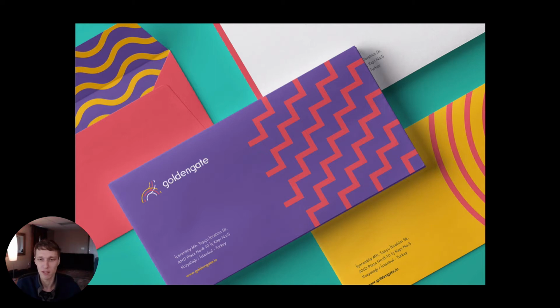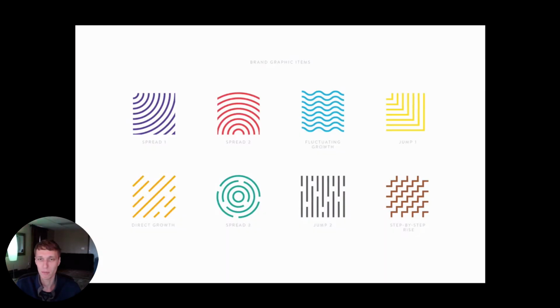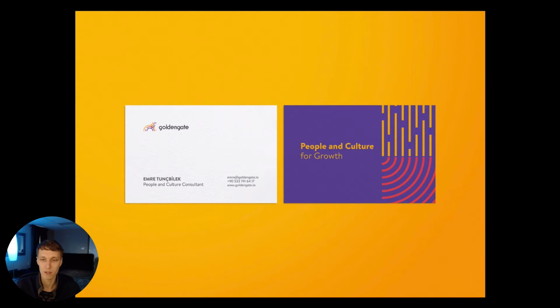If we zoom into the different pieces, that's the logo. There's the brand graphic items. These are just the different pattern motifs that could be utilized. And then here are some cards. You can see that what they're doing is creating different variations using these different pieces.